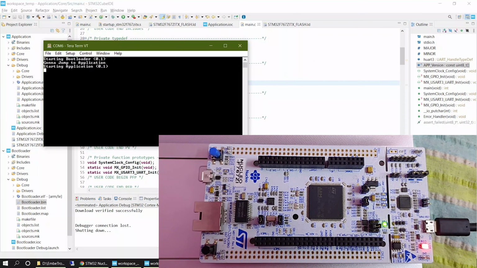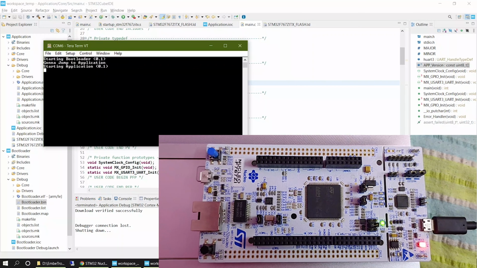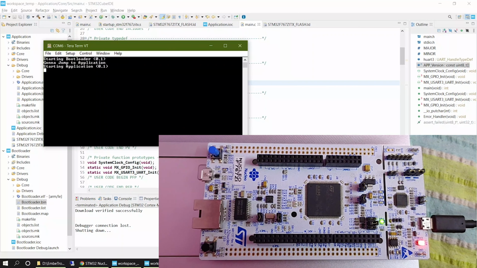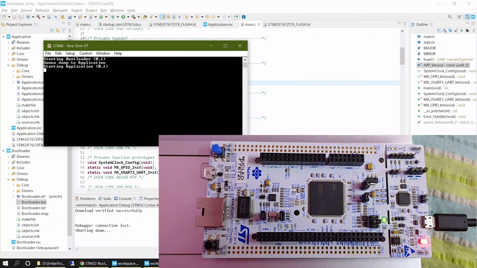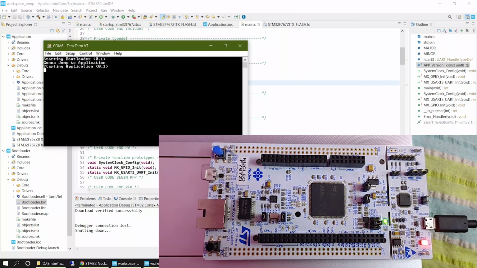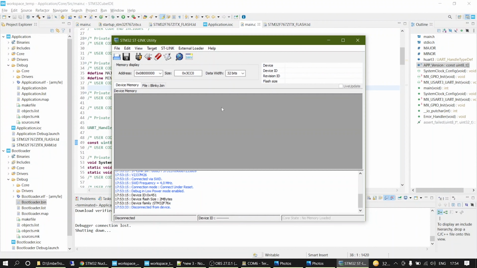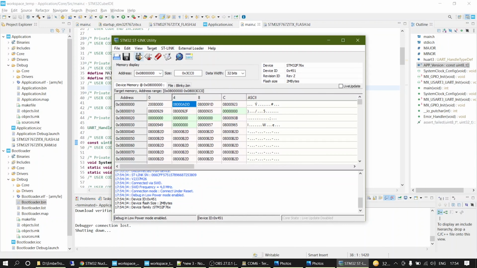When the bootloader starts, the green LED glows, and when the application starts, the blue LED is blinking. Let's verify the memory. Connect the STM32 ST-Link Utility software. The bootloader is present and the application is also present.